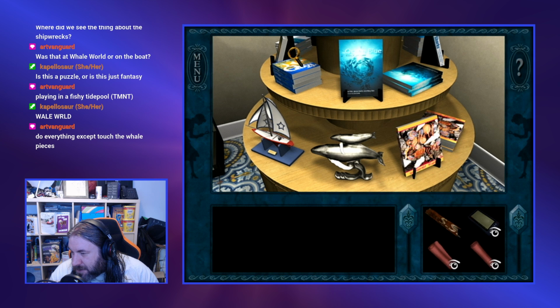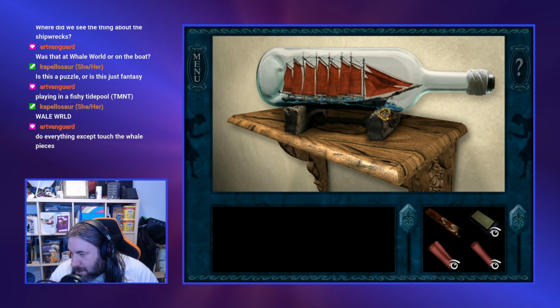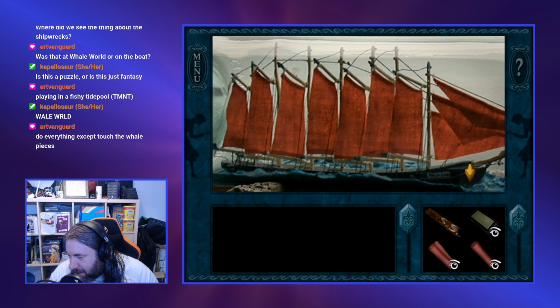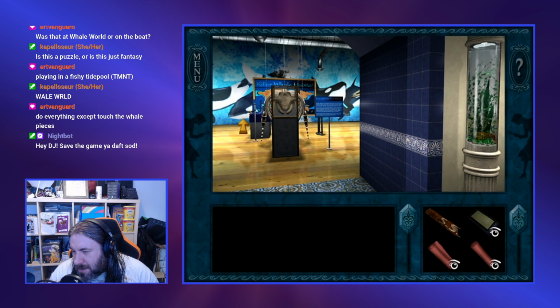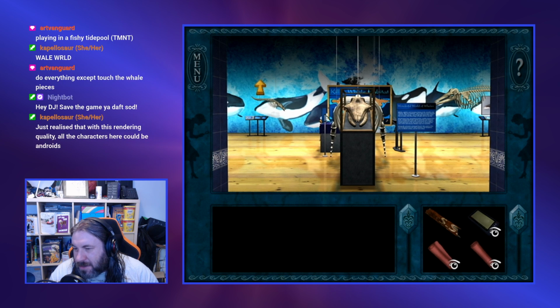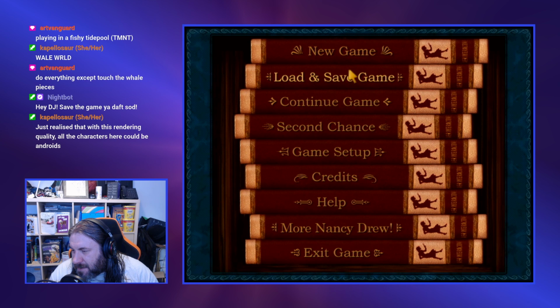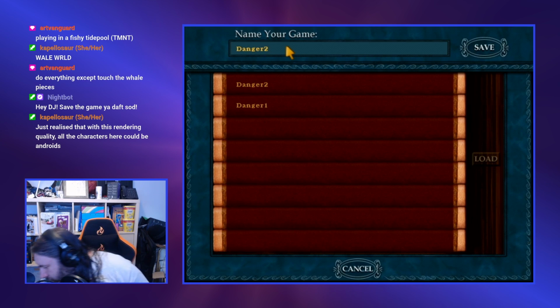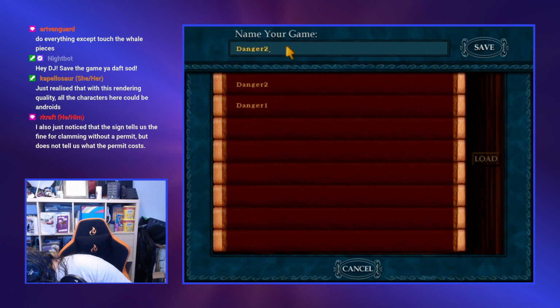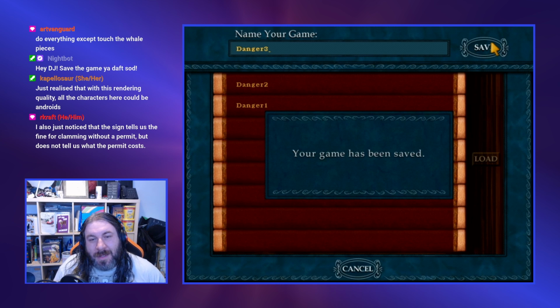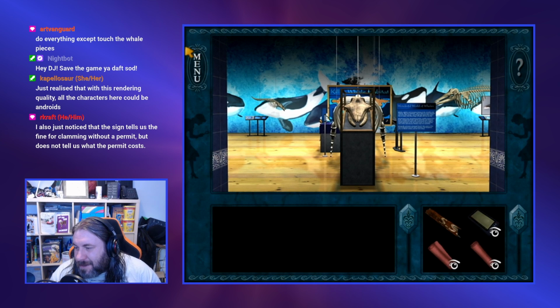Well, there are books here that were interesting. What's the name of that ship? I will now in a sec. Go in here and let's do a cheeky save. Use the keyboard on the bottom, innit? Right, an